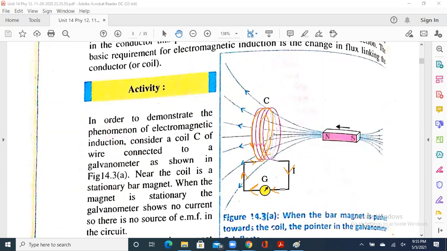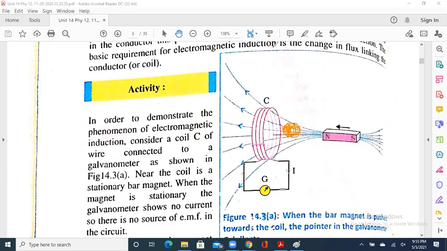It is continued and so on. It will be again entering into the system, and this current is continued. This will continue till the movement of the magnet from right to left. But if the magnet reaches this point, for example, this is the point where the magnet has reached, then what will happen?